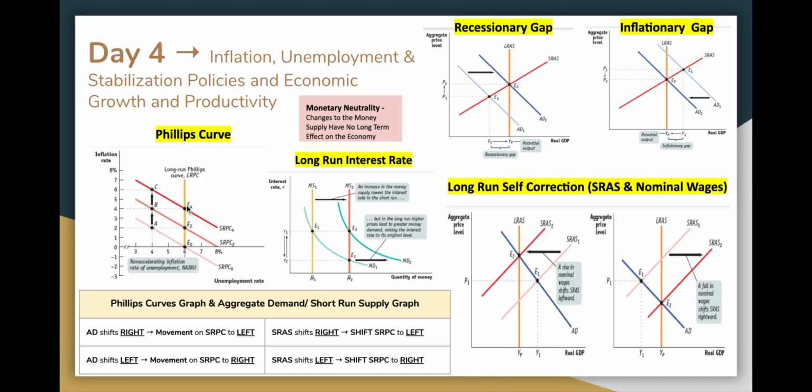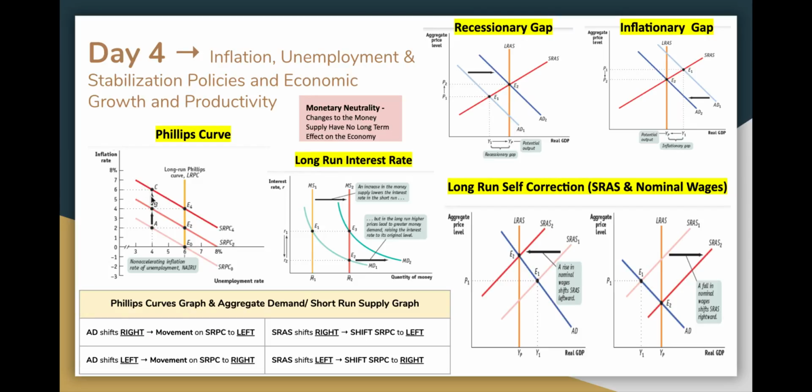There is always a vertical long run Phillips curve, and the vertical long run Phillips curve represents that natural rate of unemployment, and it's kind of like fraternal twin brothers with the long run aggregate supply curve. And maybe, let's say, fraternal triplets would be with the PPC curve, okay? So all of those show your potential, your capacity, what it looks like in the long run. So in the long run, what your natural rate of unemployment is.